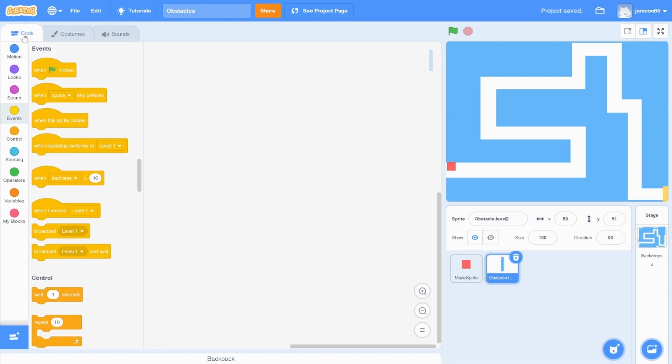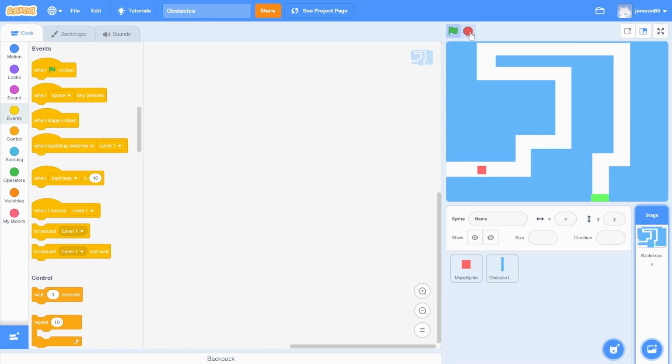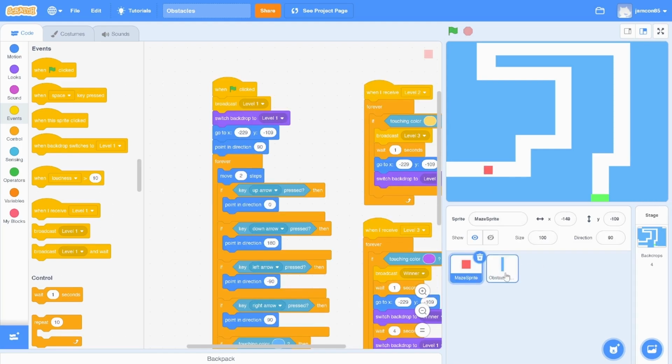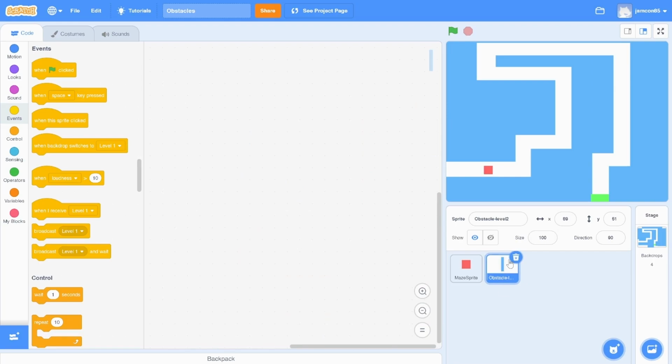Okay, and I'm going to add some code now that will make it so when we start on level 1, let's run our code, our sprite won't show. It'll only show on level 2, and then on level 3 it will disappear again. So make sure that we are on the obstacle sprite, so you select it and it's got the blue box